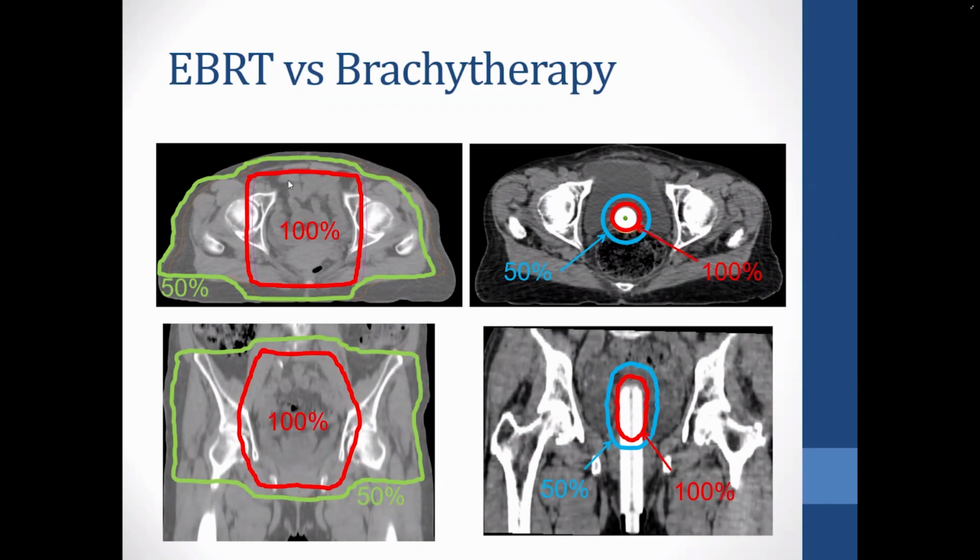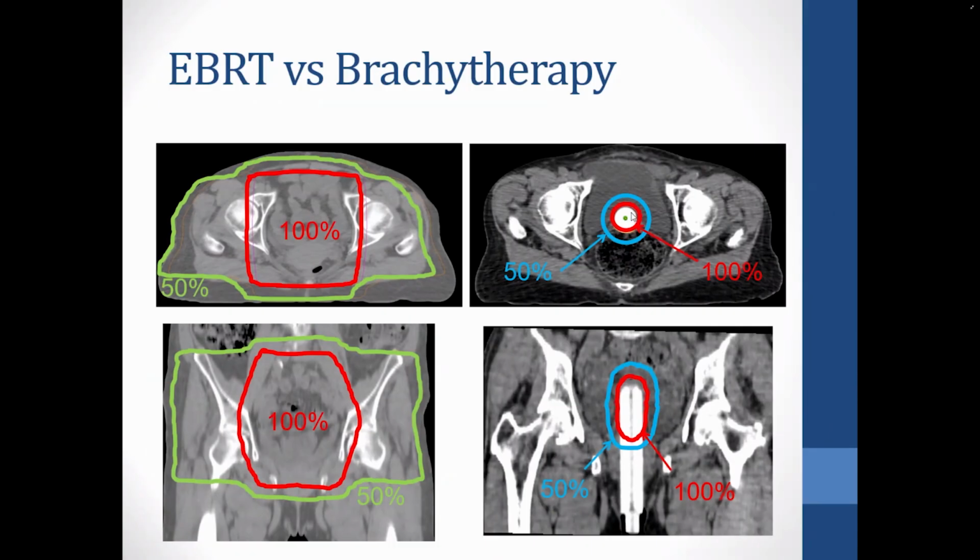We do have some fancier radiation techniques that can minimize dose to the bowel and the rectum, but I just wanted to provide this slide as an overview. You can see the low dose of radiation, this 50% line, saying that half of the dose goes essentially to the perimeter of the body. This is usually considered of little clinical significance, but I just wanted to demonstrate how diffuse of an area this is treating. When we use brachytherapy,